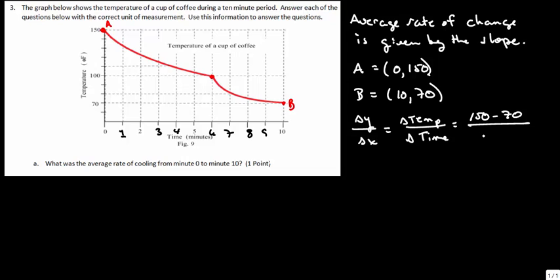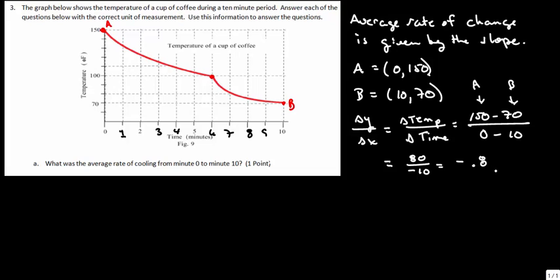But now watch, I've got to be careful. If I take 150 minus 70, then I have to take 0 minus 10. If you remember when you calculate slope, these values have to line up. So this is point A, this is point B. So B, 70 and 10, are over one another, and A, 150 and 0, are over one another. What you're going to notice here is I'm going to get 80 over negative 10, which is going to be negative